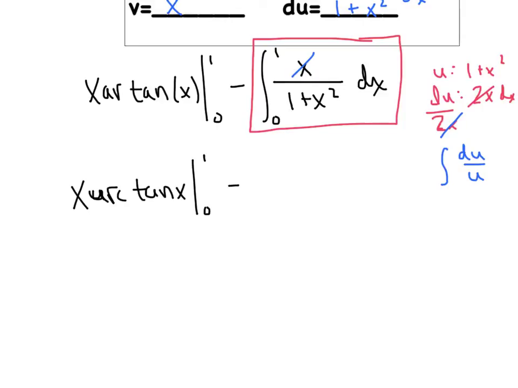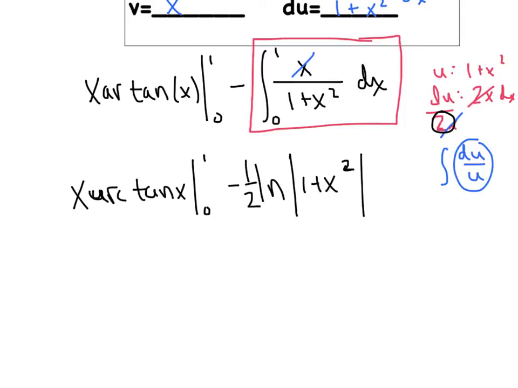In fact, we're at that stage of the game where if you can successfully do that entire u substitution in your head, more power to you. I'm going to encourage you to do it, believe it or not. So the antiderivative, because it's du over u, is going to be the natural log of u, but in this case, my u was 1 plus x squared. Now, what kind of coefficient do you think I'm going to have in front of that term? Don't forget about the 2. Don't sleep on that 2. So it's going to be a 1/2 as a coefficient,